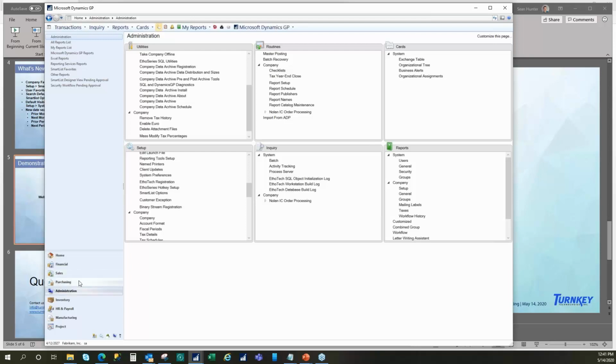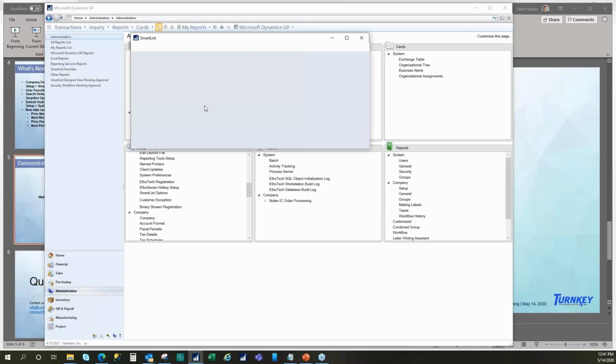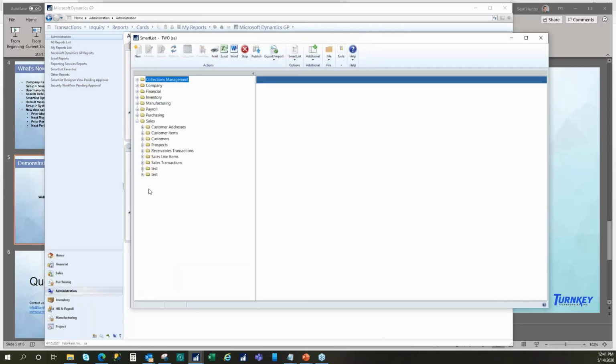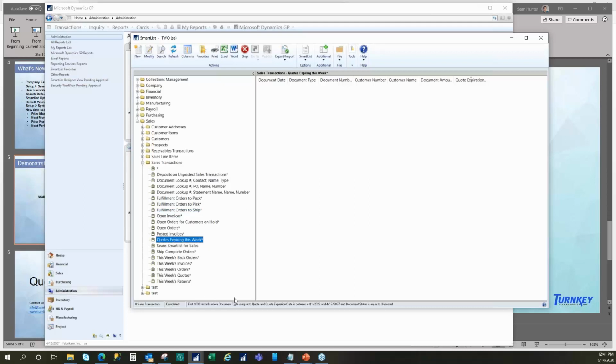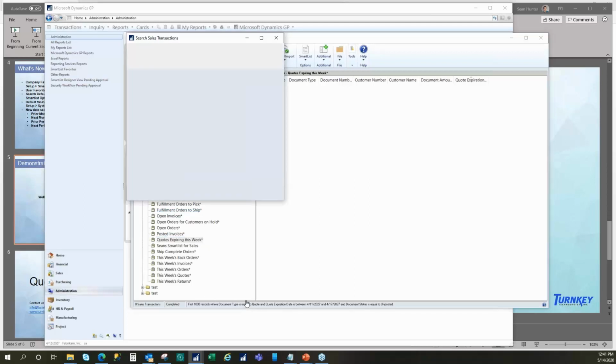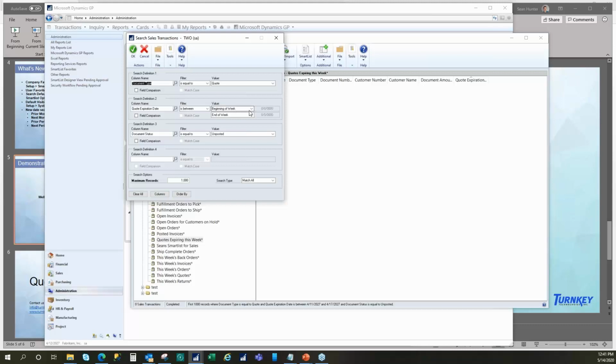Okay. And then as we go in, and we look underneath our smart lists and we're defining dates, just keep in mind as you add new smart list favorites within here, and let's say that you were looking at quotes expiring this week, or maybe you wanted to look at quotes that expired last month or whatever it may be, as we go in and we set up our date search criteria within here, now you've got those additional pieces down at the bottom in GP 2018 to be able to use prior month, next month, and so on. When I use prior month,